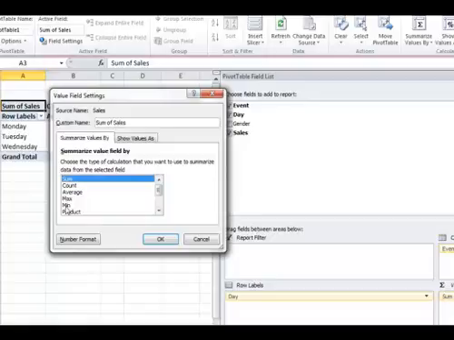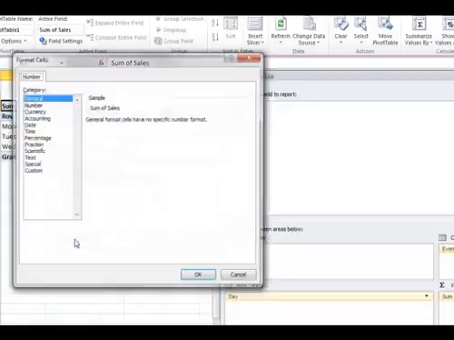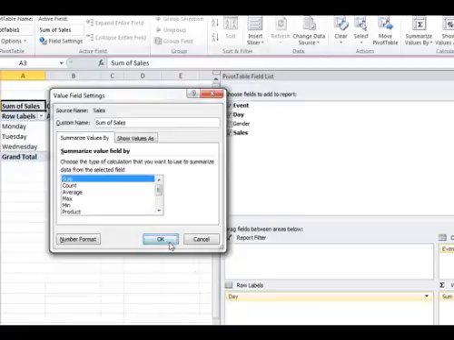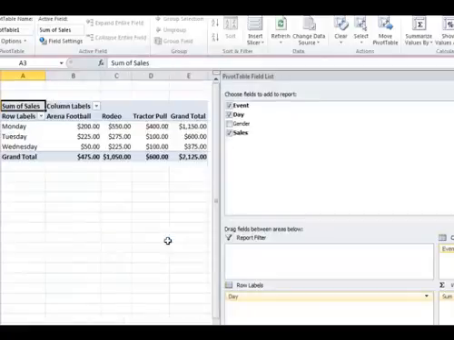I want my totals. I can also change my number format to currency. And so there we go, and that's what I want. So that looks a little better. Now,